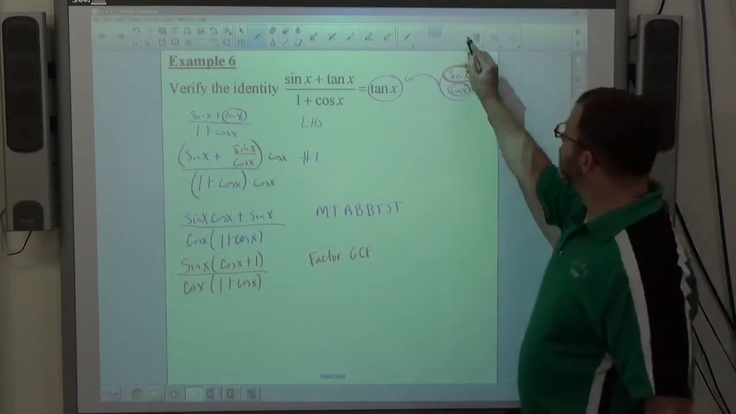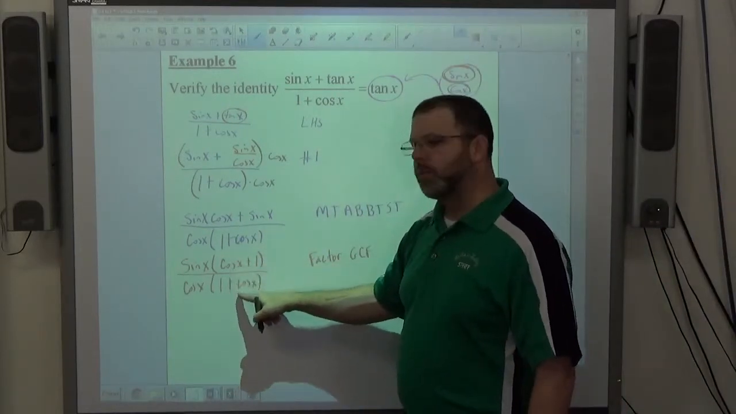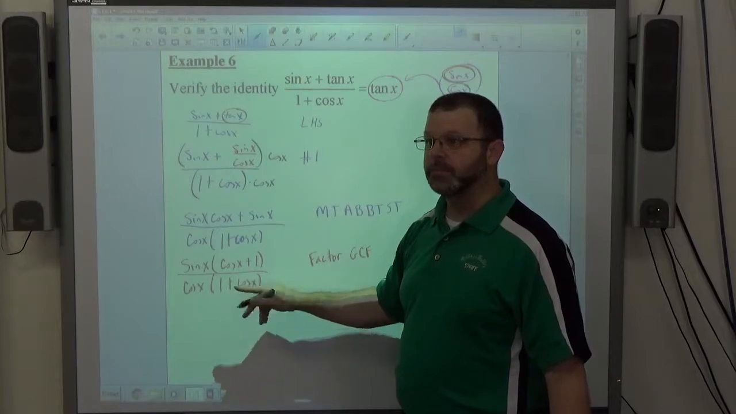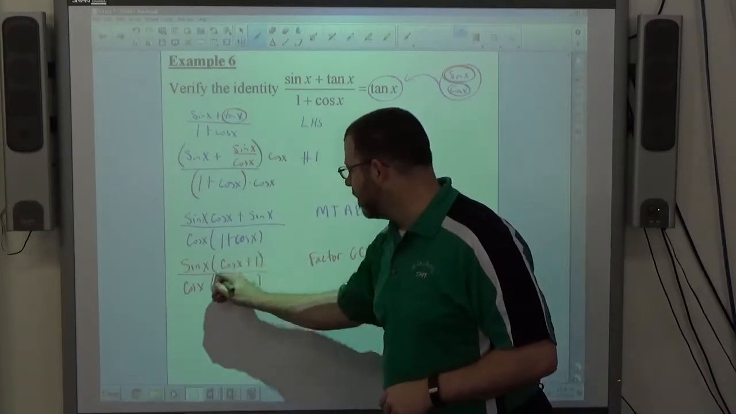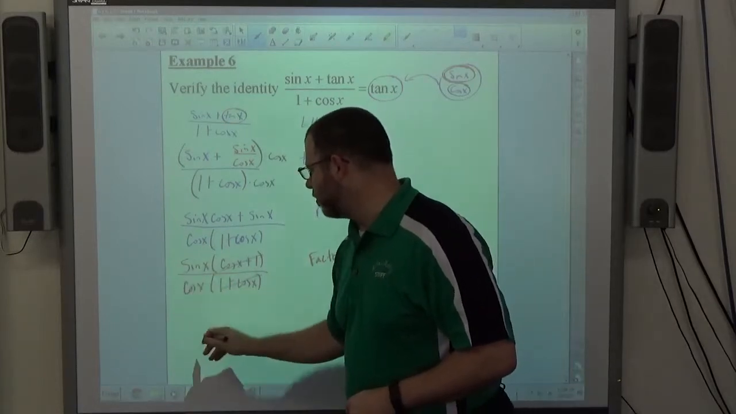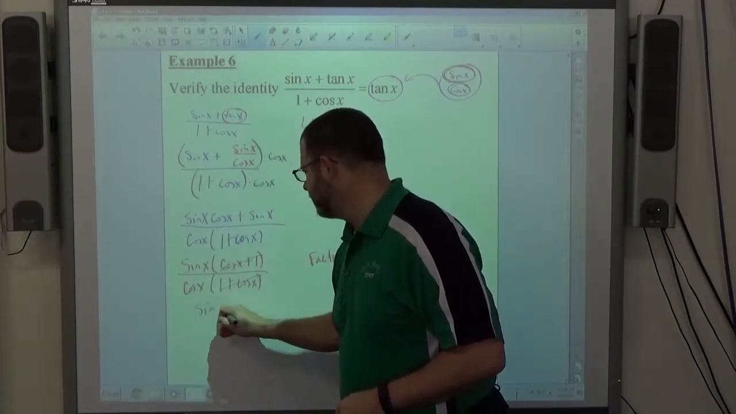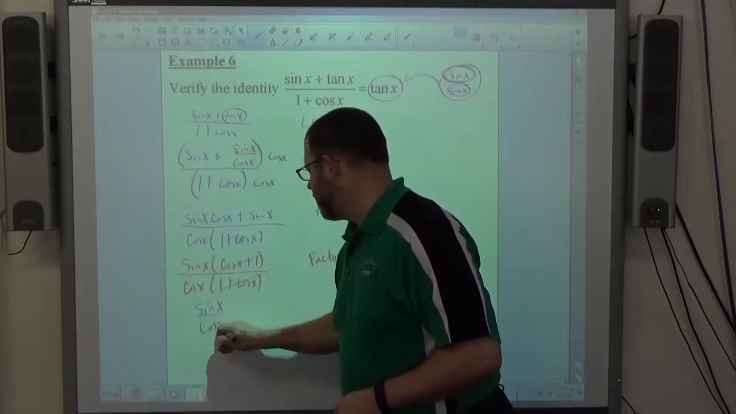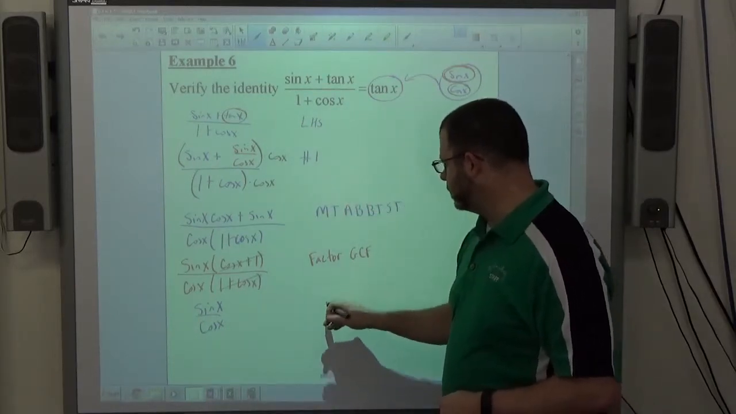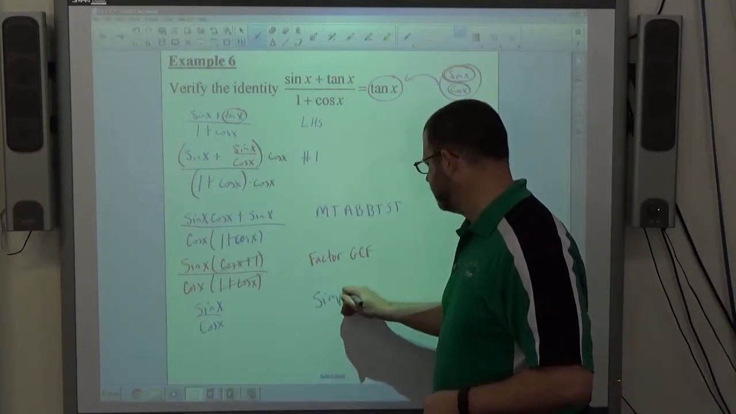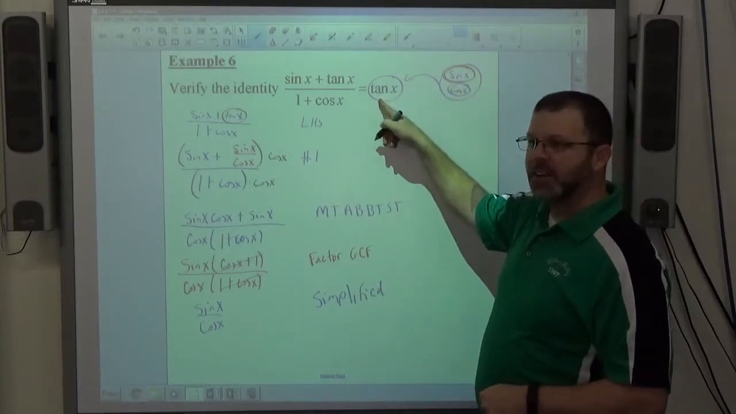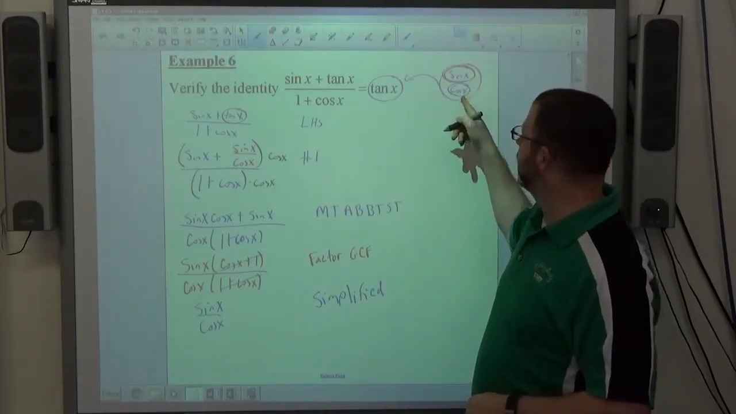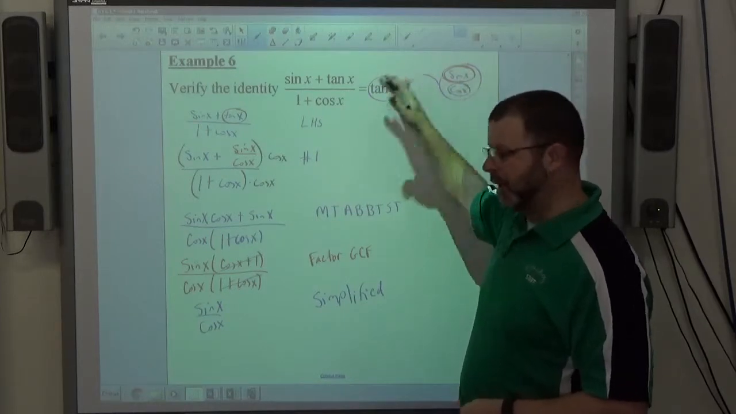And then what I notice is that cosine of x plus 1 and 1 plus cosine of x are equivalent. By the commutative property, they're allowed to be the same thing. So those cancel, leaving me with sine over cosine. And that's simplified. That doesn't match tangent, right? But it got us where we needed to go. We knew if we got to sine over cosine, that immediately gets us to tangent